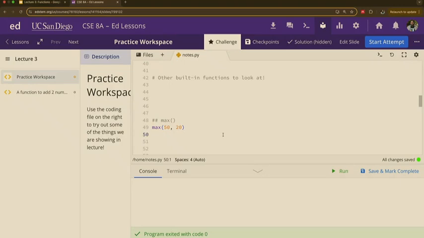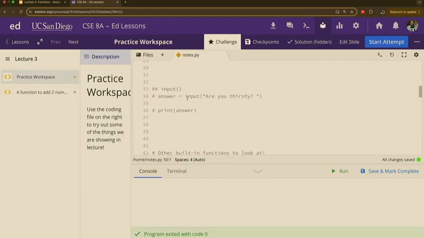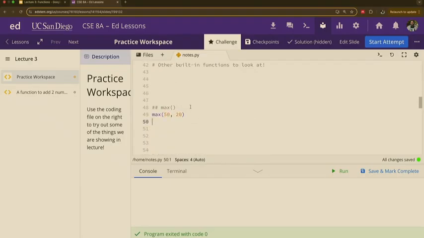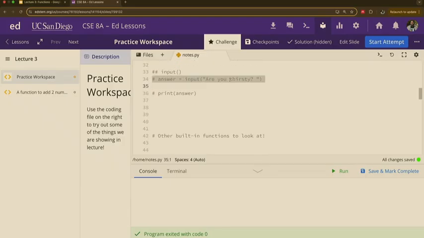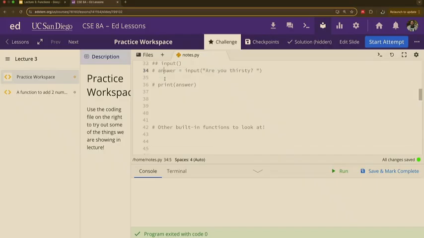The reason for that is because max is doing something very similar to what input was doing. Remember input? Input would get some sort of information and say, I'm going to put this information somewhere else. Right? And we had to catch that answer of yes, I'm thirsty, and put it into answer. So now, we have to do the same thing with max. Max is going to return something to you. He's going to grab an answer and give it to you.